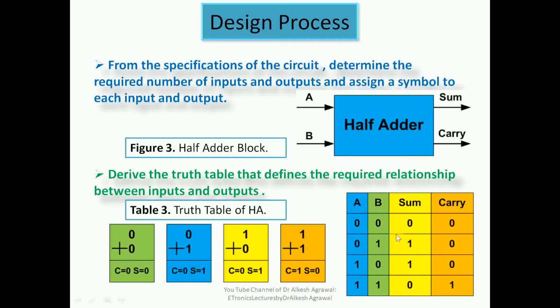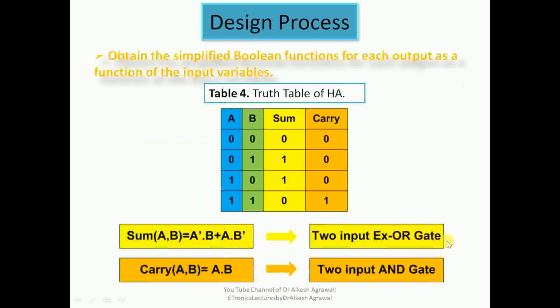Now, if we correlate these two outputs with the two gates that we described in the earlier slides, we see that the output sum matches the output of the XOR gate, and the output carry matches the output of an AND gate. So here the third step is,